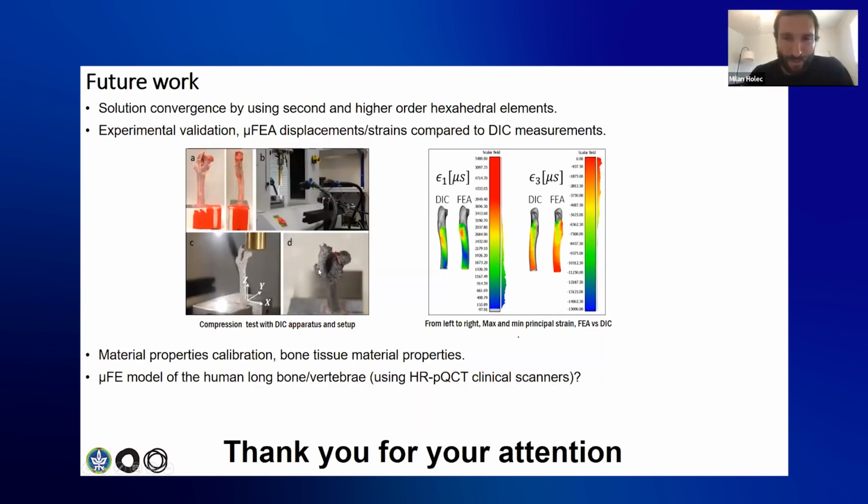We plan to prove the solution convergence by using higher order hexahedral elements, and also perform experimental validation, compression tests using digital image correlation that will also provide us the displacement and the strains from the experiment, which could be compared to the finite element results. We plan also to calibrate the material properties.